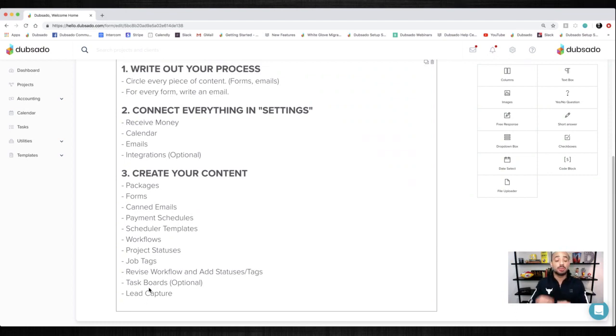So there's been some people who have put their lead capture live on their website without having content ready or without having their workflow set up and nothing's ready to go, and they get 10, 15 leads that start pouring in and they scramble. It's an immediate panic because they don't have everything ready. So before your lead capture is live on your website, make sure you've taken the time and set up that foundation in Dubsado and the content, the workflows, your project statuses,